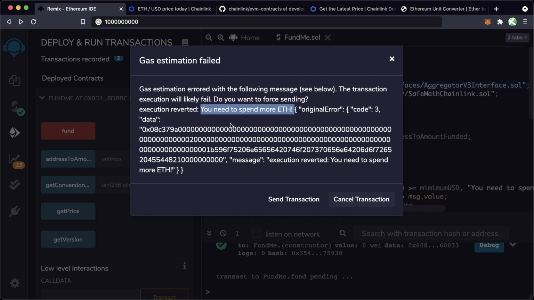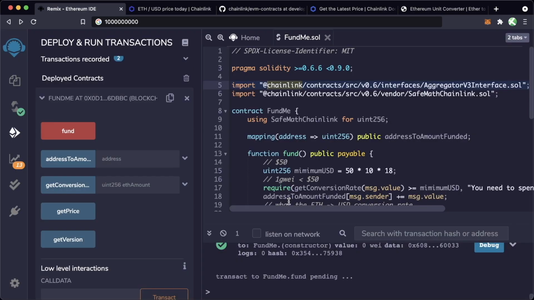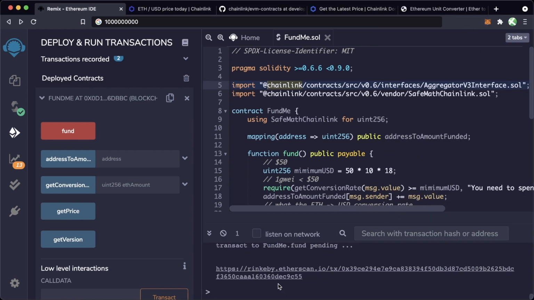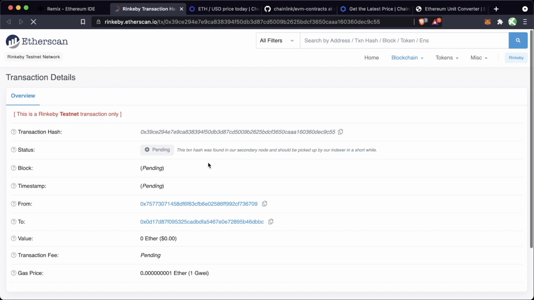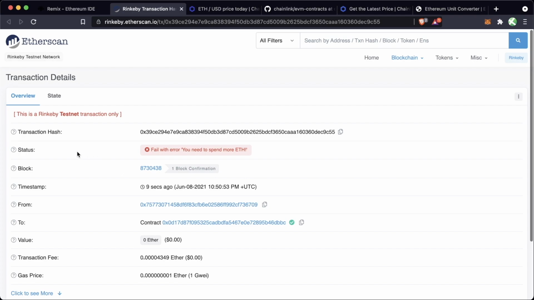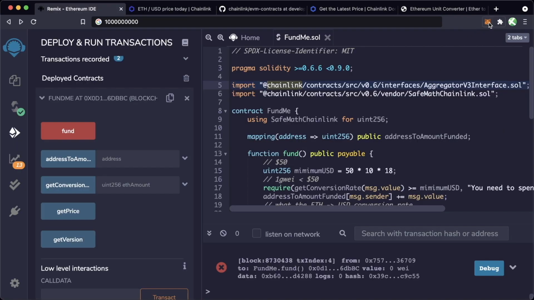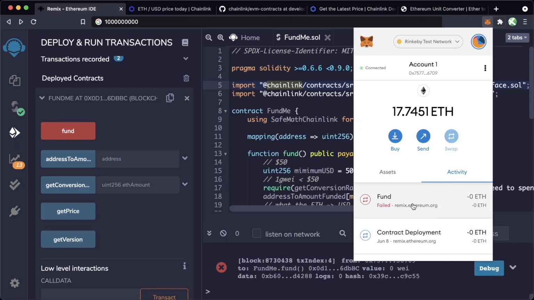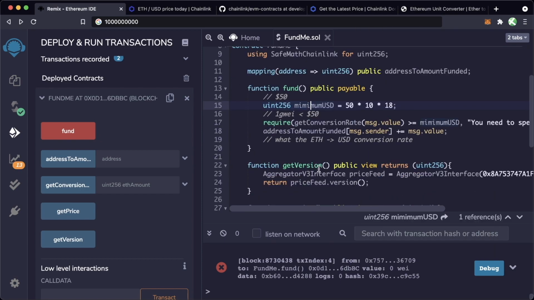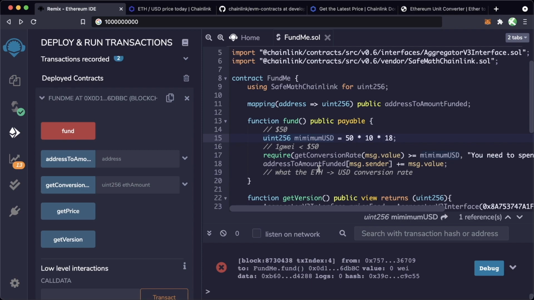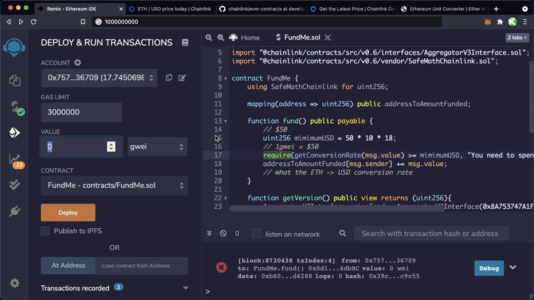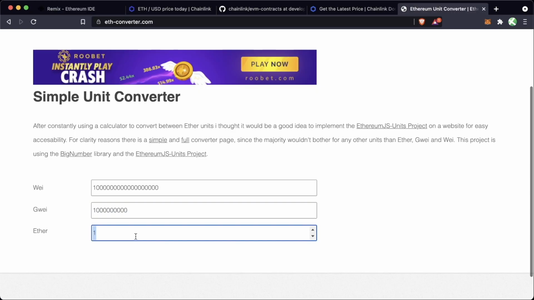So the contract isn't even letting us make the transaction. We can go ahead and try to send the transaction, but here's what's going to happen. On Etherscan, once this goes through, you can see that once this transaction finished, we got this status, fail with error: you need to spend more ETH. We don't want to force these transactions to go through. If we look in our MetaMask, we can even see this failed bit here. So whenever you see these gas estimation failed errors, usually that means something reverted or you didn't do something that was required. However, if we go to value here and we spend a lot more, let's say 0.1 Ether,